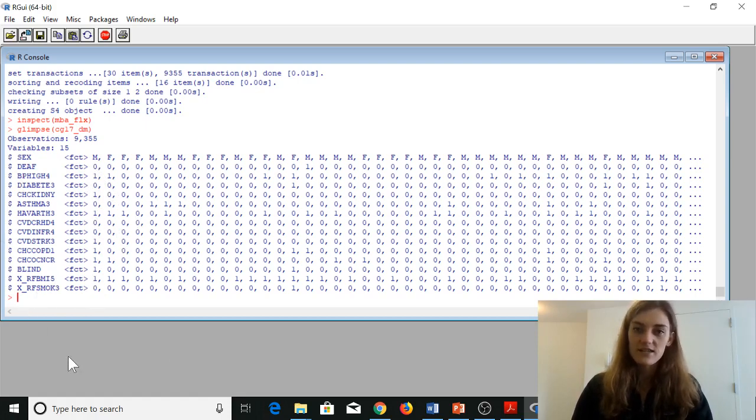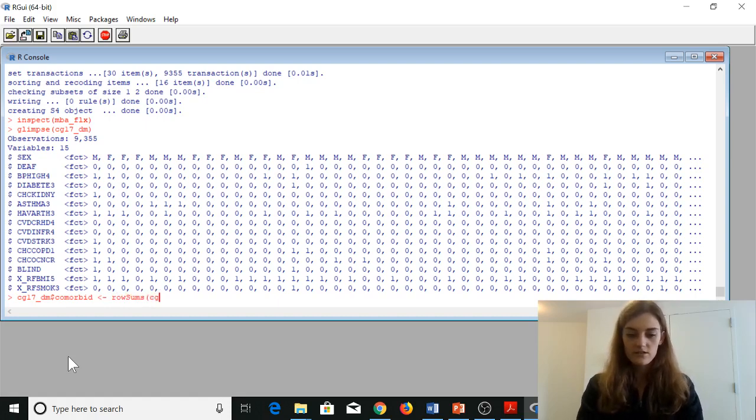The way that we do that is by calling rowSums. Let's call this new column comorbid, put the assignment arrow, and then take the row sums